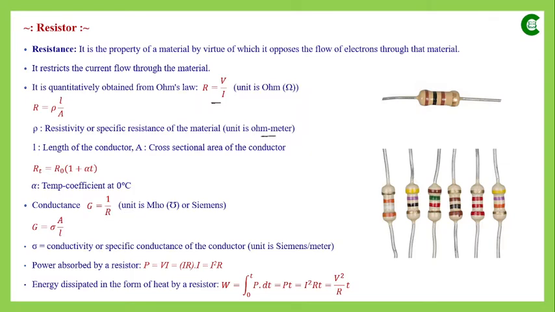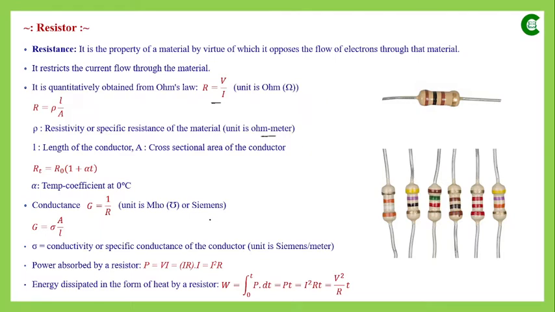Unit of conductance is just opposite to resistance. So if the unit of resistance is ohm, then it is symbolically written as the reverse of ohm, and it is called mho. It is also read in reverse order, MHO. So it was OHM, it is MHO, and it has another name also, the unit of conductance, and that is